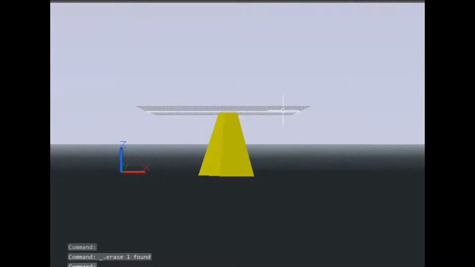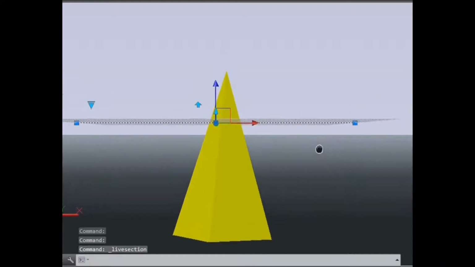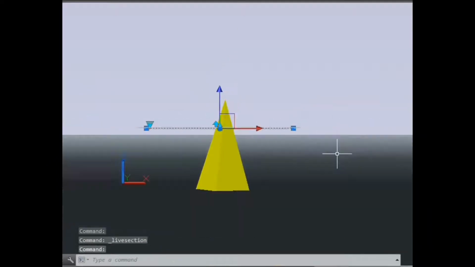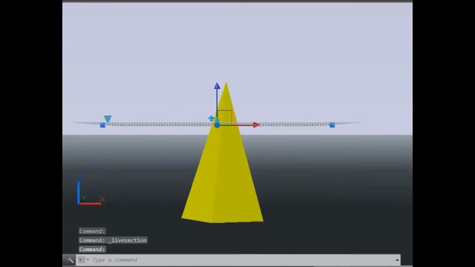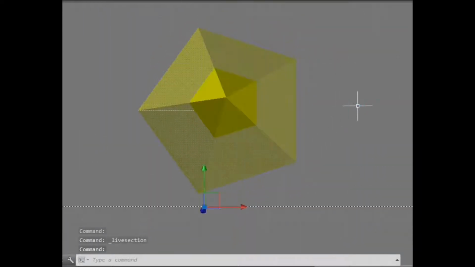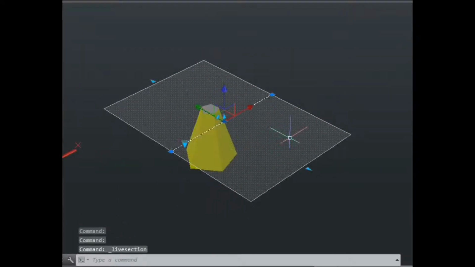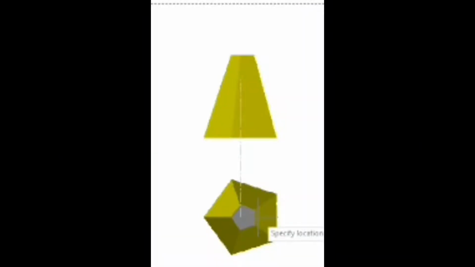So we'll see from the front, when we cut this solid, you will be left with something like this. And in the top view, you will have two pentagons, one because of the base and the other because we are cutting some portion over there. This is going to be our final front view and top view.